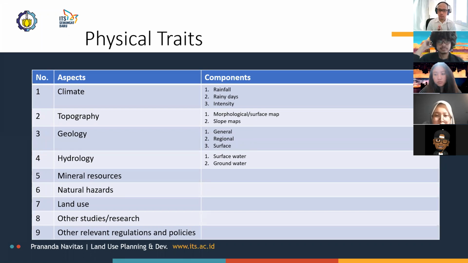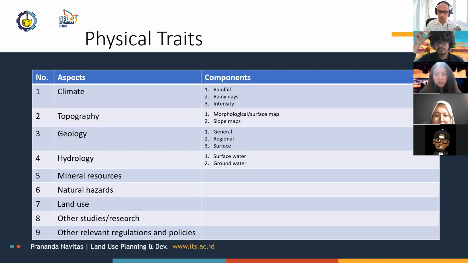Because the first stage in this four-stage process is the data collection, here are the data that you need to collect before you can start doing your